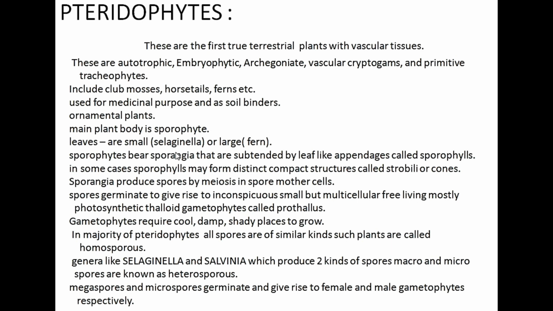The development of sporangium may be leptosporangiate or eusporangiate. What does leptosporangiate mean? Here one cell participates in sporangium formation, and that is called leptosporangiate, whereas in eusporangiate more than one cell, many cells, participate in the sporangium, so that is known as eusporangiate. So leptosporangiate is where one cell participates, and in eusporangiate many cells participate.